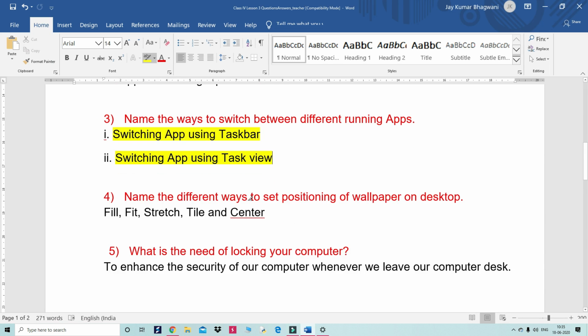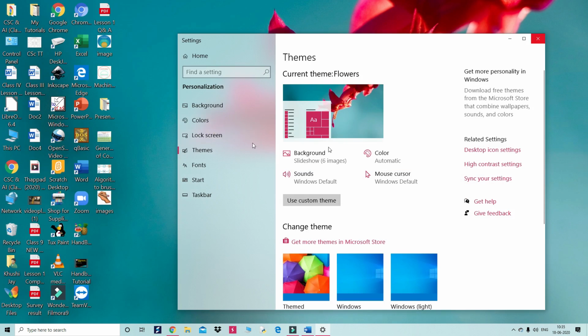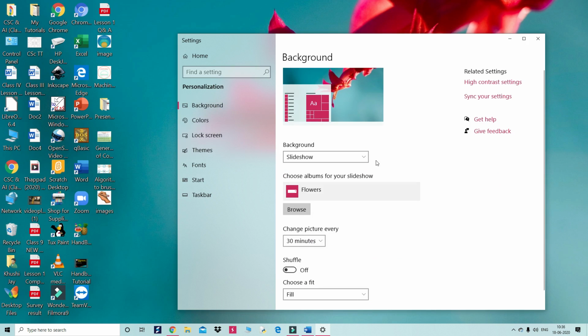Next, name the different ways to set the positioning of wallpaper on the desktop. So total 5 are there: fill, fit, stretch, tile and center. Let me show you. This is background. When we click on the background option, go to the picture option.